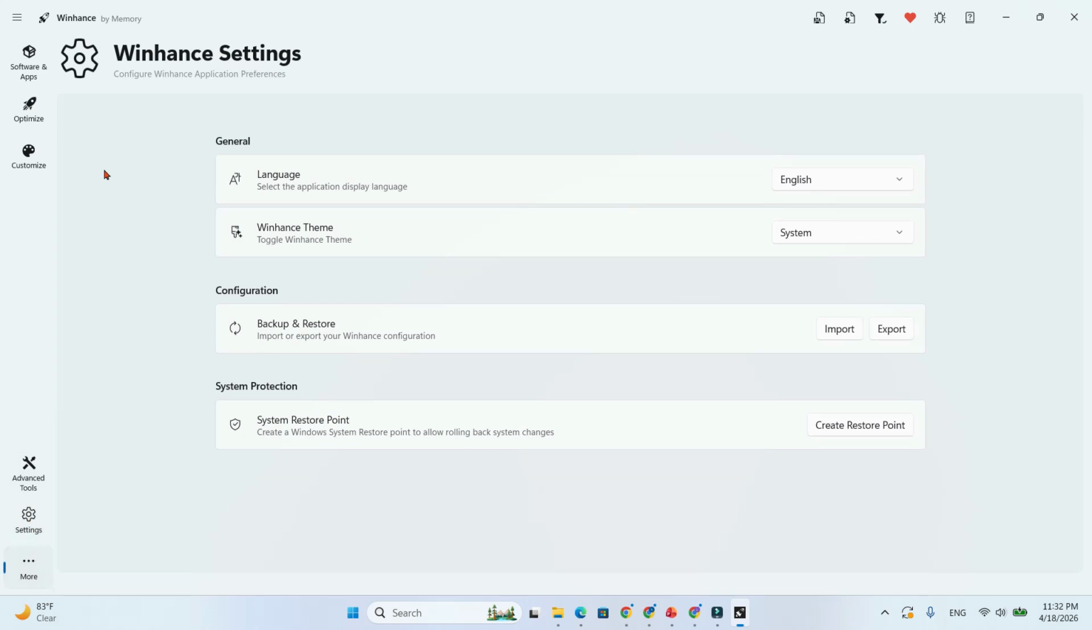In the next video, I'll show you how to fully use this tool and disable AI features in Windows step